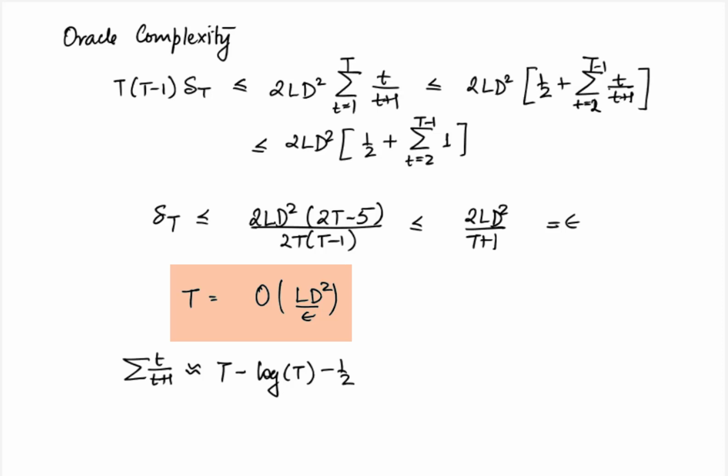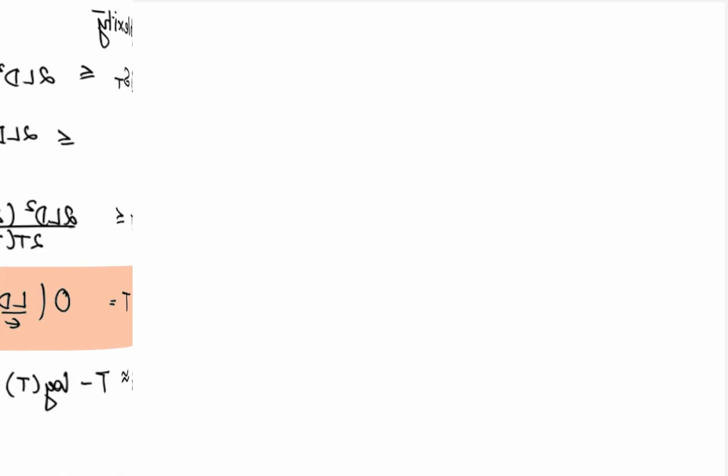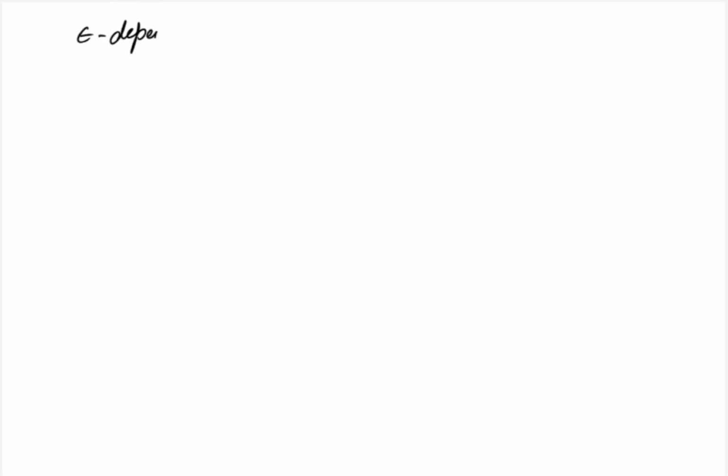Once you understand the approach, you should be able to try out other step sizes as well. In many cases where the constant step size does not work, it might also be possible to use a very small epsilon dependent step size instead. This is also possible in this case. To see, let us write down the recursion with eta instead of eta t, where eta depends on epsilon. Delta t plus 1 is less than or equal to 1 minus eta into delta t plus eta square into LD square by 2.